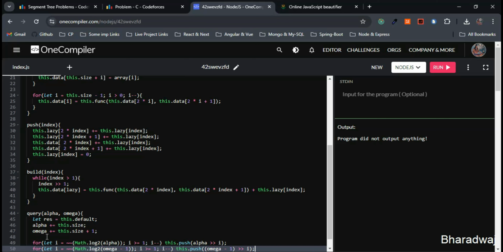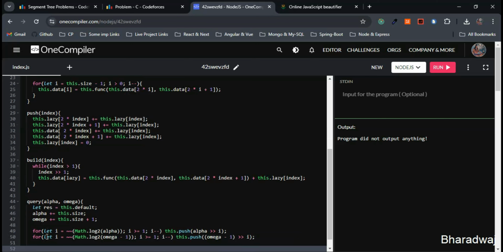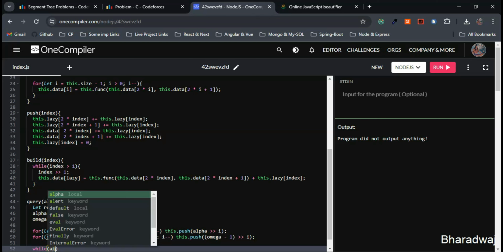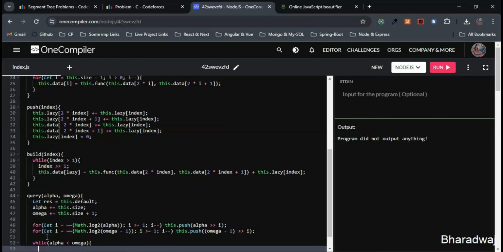So what we have done here, we have pushed the pending updates down to the current nodes in the particular range. So after this step, let's traverse the range and collect the minimum value. We have to collect the minimum value. For that, we need to traverse the range. So alpha has to be less than omega for this particular thing, right? So this has to be true at any cost. So as alpha has to be less than omega, then I'll just make use of the while loop,